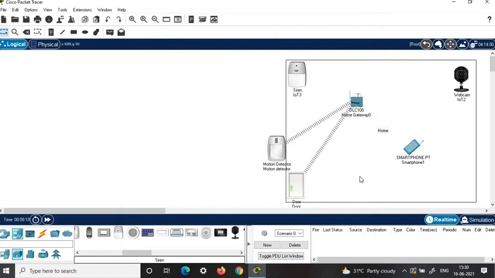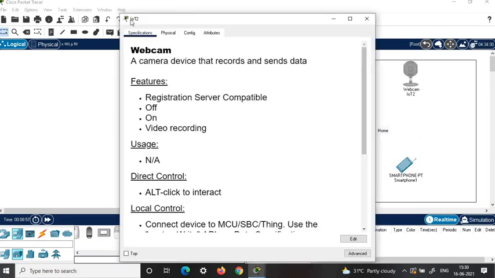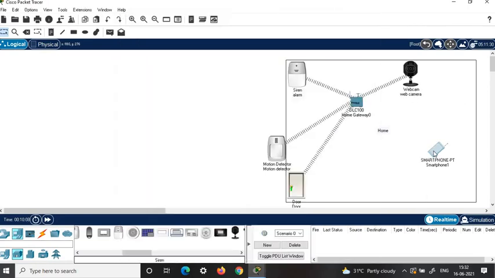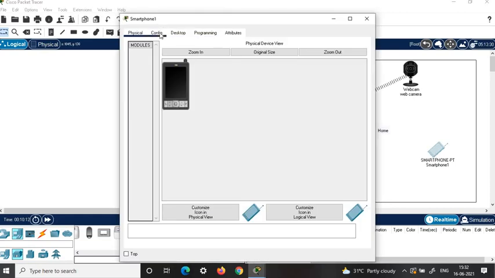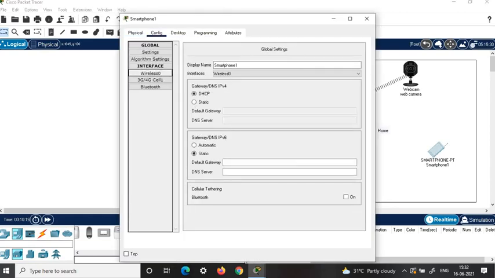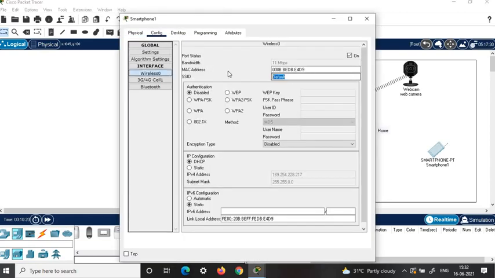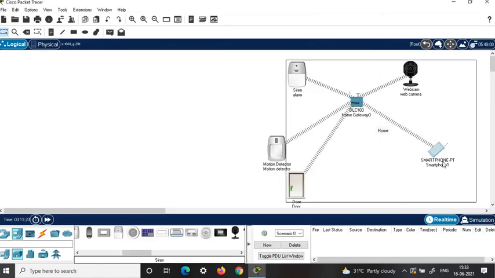Similarly, connect all the other components in the system to the home gateway by setting the password which we have set in home gateway. Click siren. Next is webcam. Now we'll connect the smartphone to the home gateway. Click smartphone, click configuration, click wireless, and in the SSID put home gateway. Then click on this passphrase and set the password which we have set in home gateway. Get connect. Close it. Now the smartphone is also connected to home gateway.